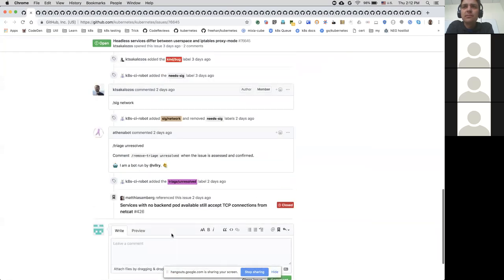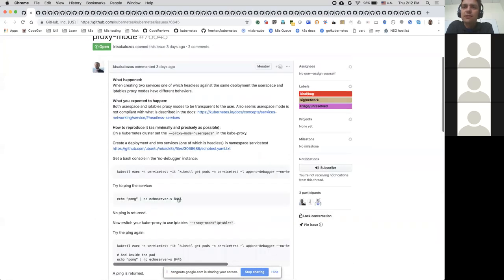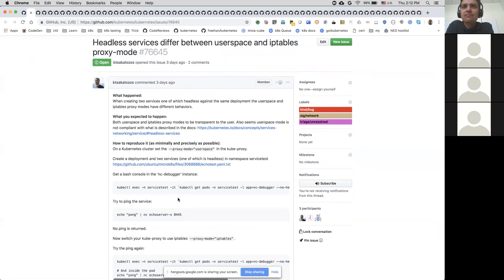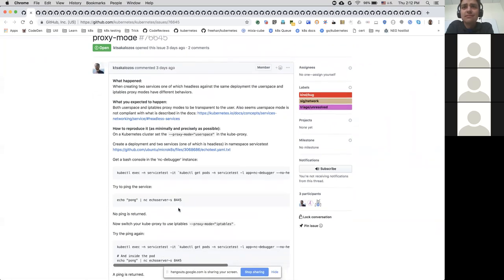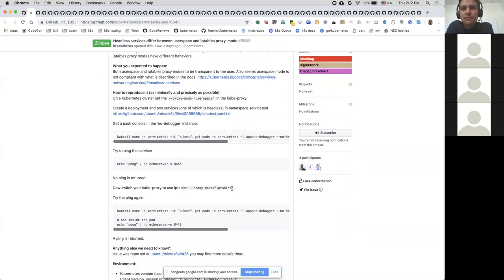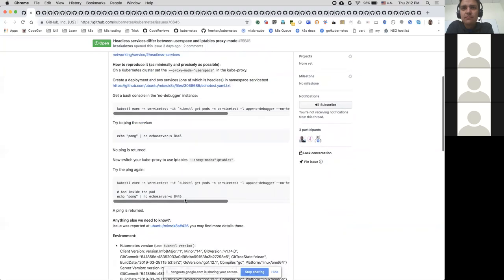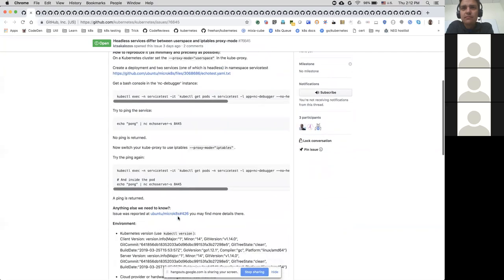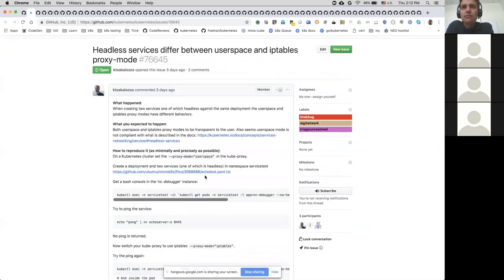Is this difference in behavior just that one is working and one isn't? So the iptables mode works, but the user space proxy is not working. I think the user space proxy is sort of semi-deprecated.